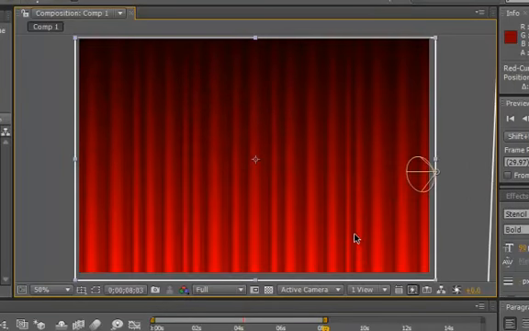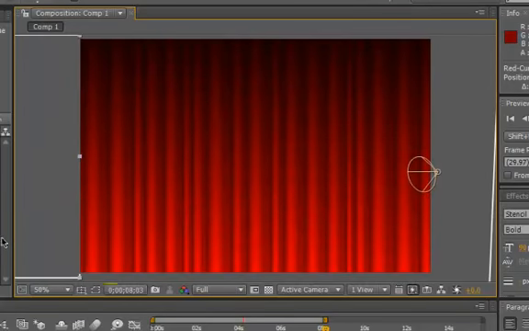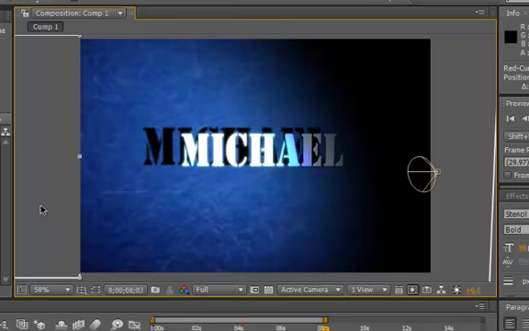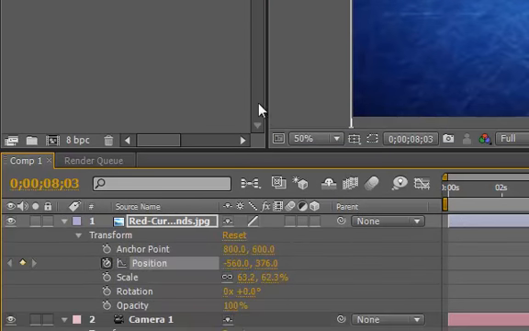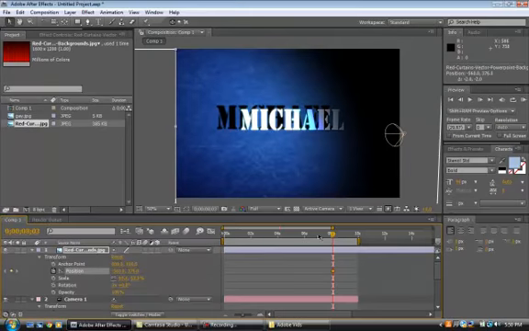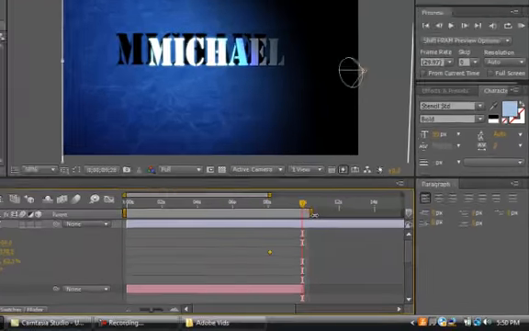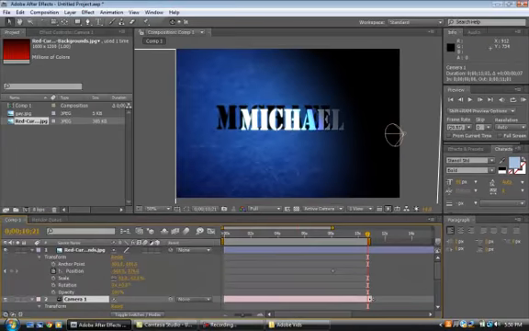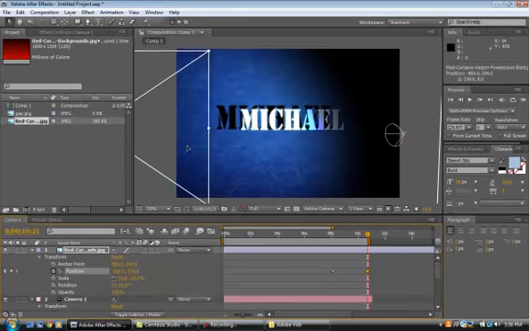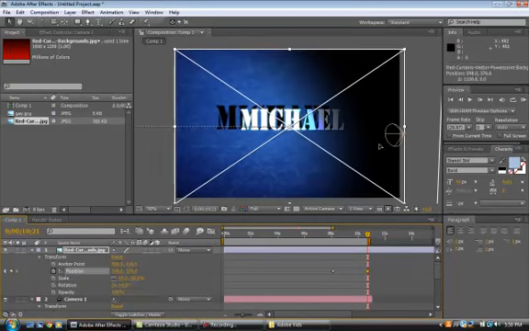So there's my curtain. Now I'm going to pull it all the way out here to where it's not seen, and I want it to start about here and scroll in. So you're going to want to have your curtain there. Go to the arrow, hit transform, position. Start it here and go all the way to the end of where you want it to be. I'm going to have it go through in about 8 seconds, and I'm just going to pull it all the way in front of it,